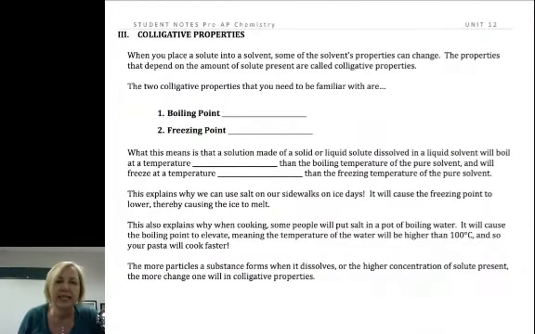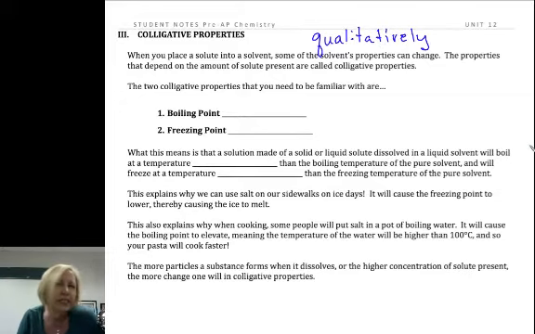We're finishing up our unit with a quick discussion of colligative properties. In the past, we used to do calculations with these, but for now, we're going to discuss these qualitatively. I just think it's so important because it's so practical. You don't always get to see the practical applications of chemistry, and I think this is one where it's very